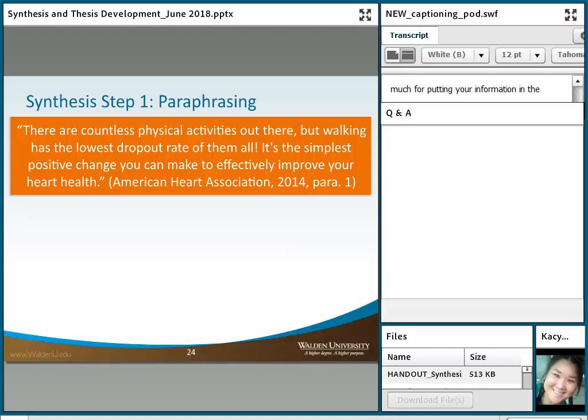So before we get into some of the effective paraphrases, which are probably going to be pretty similar to what you guys wrote in the chat box, I want you to consider this. If I am trying to paraphrase this and I write something like, there are a lot of exercises out there, but walking has the smallest dropout rate of them all. It's the easiest good change you can make to properly develop your heart health, right? I've changed some of the words, and this is